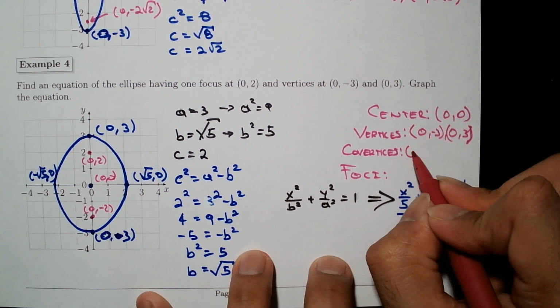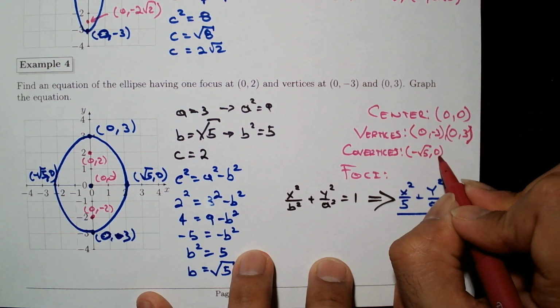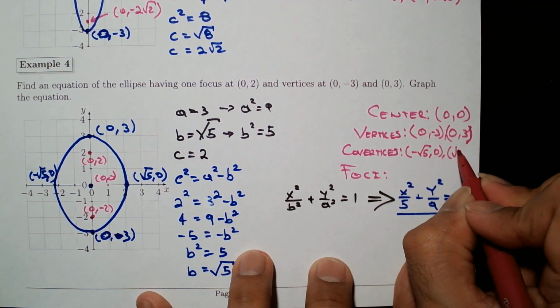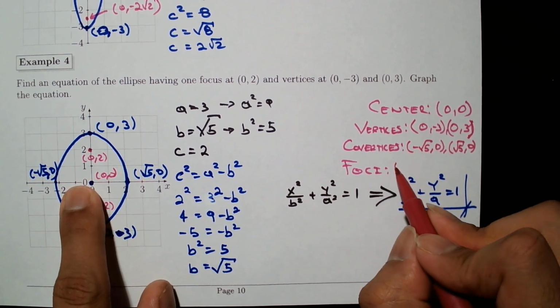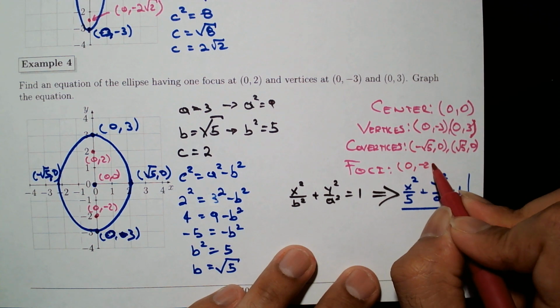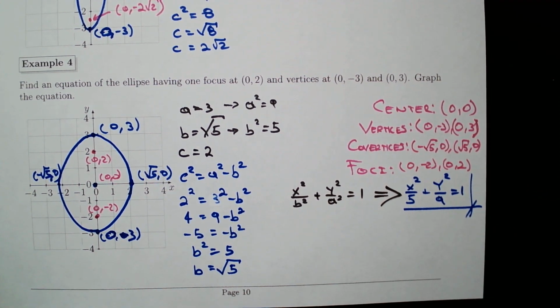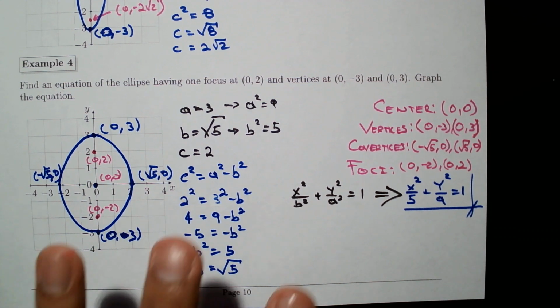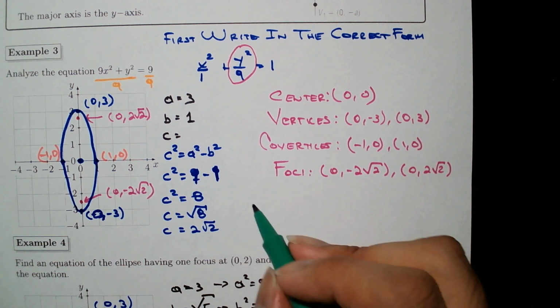Co-vertices, negative root of 5, 0, root of 5, 0. Foci, 0, -2, 0, 2. Now, before moving on to the next topic, let's go back to both examples and find the length